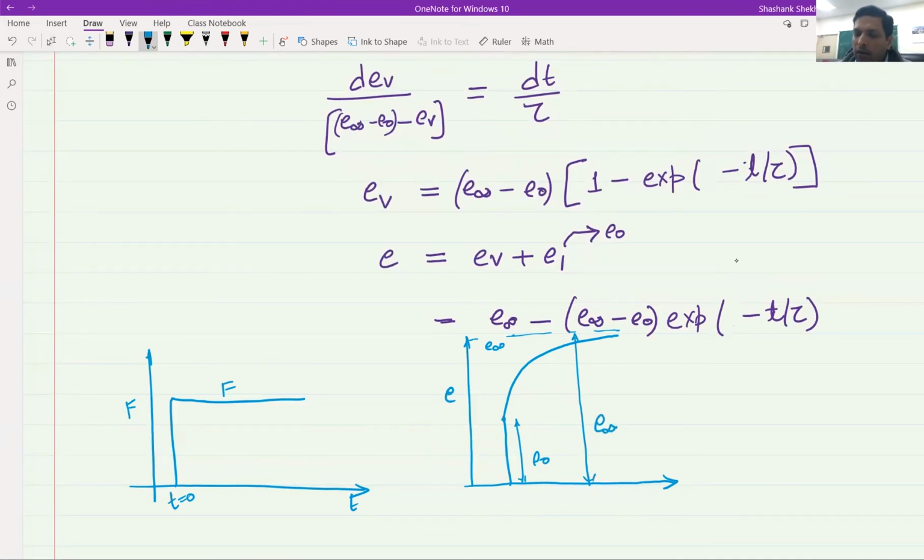So it is again, if you look at it carefully, just the sum of the earlier two conclusions. This one is the series part and this is the parallel part. And we are just getting a sum of these two when we apply a sudden force. Now let's look at the condition where we will be applying